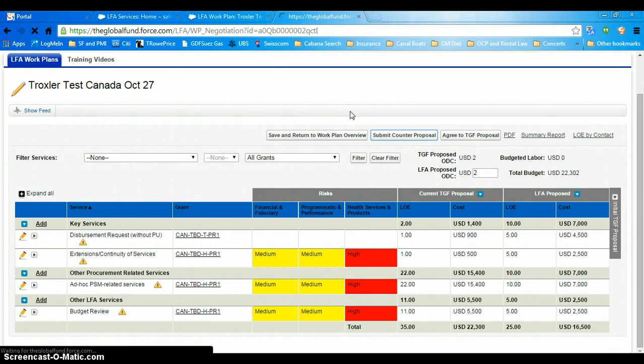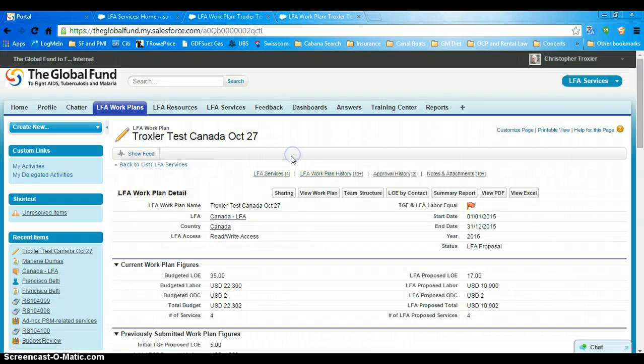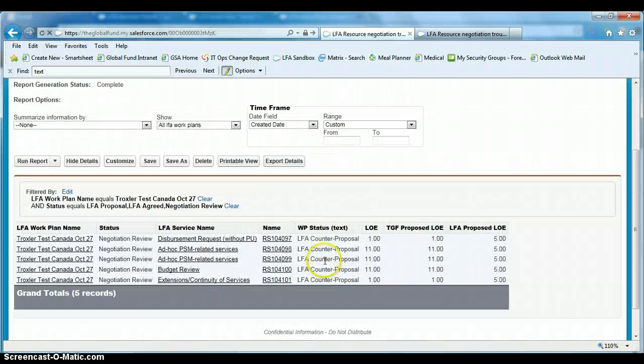Okay, the problem doesn't happen here because in fact the LFA, oh, let's refresh. So all of these should now read LFA counter proposal, which they do. And you can see the values here. I put all the 5s in here. And here's what TGF actually proposes. And what happens is when the Global Fund